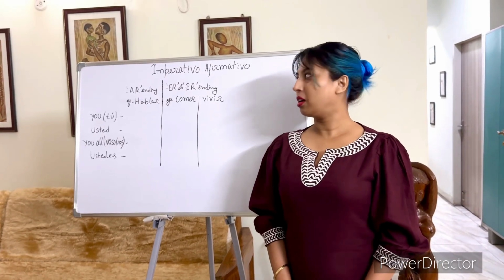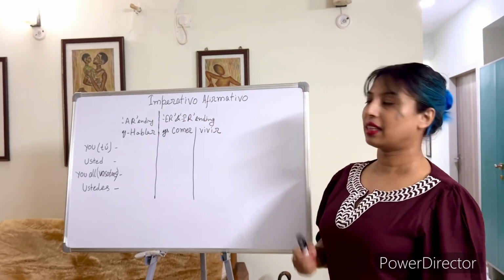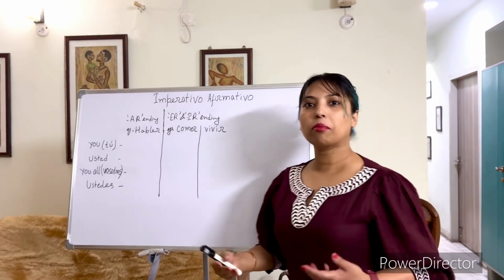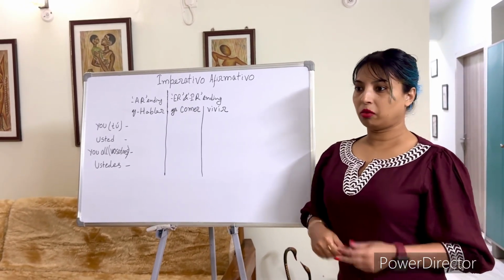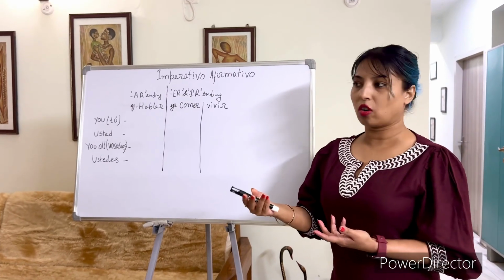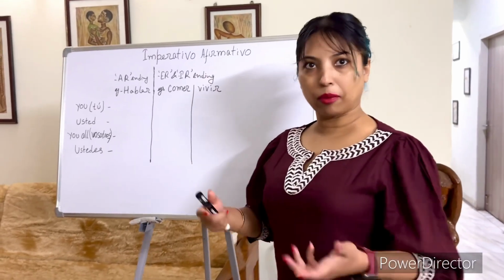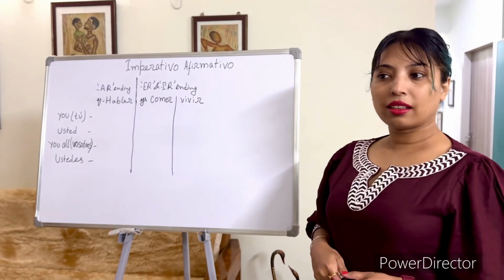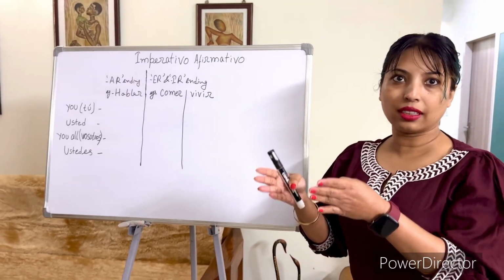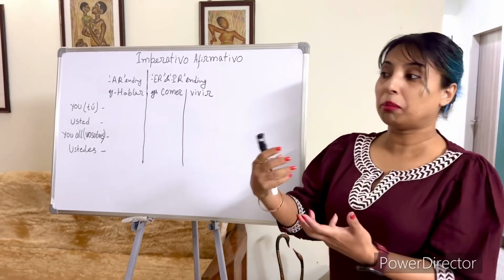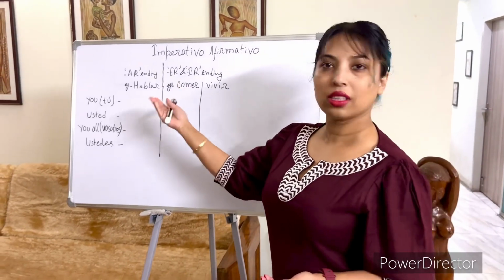That means we'll talk about affirmative imperative sentences in today's session. So, what are imperative affirmative sentences? In English, we all know when we give direct commands or orders, then it's an imperative affirmative sentence. Like we say, go. So, you is hidden over here. You is the subject. We mean you go. So, in this sentence, you is the subject and go is the verb.